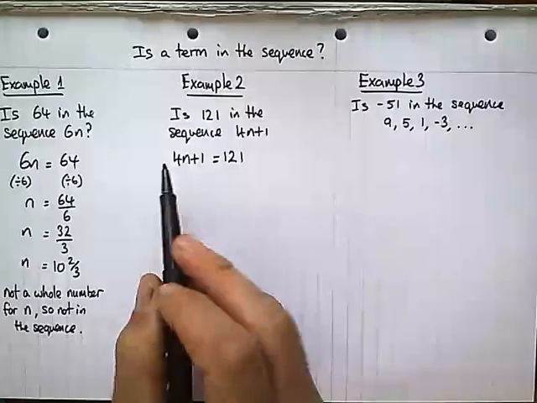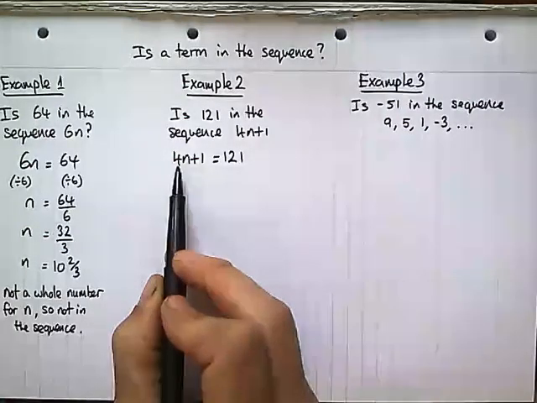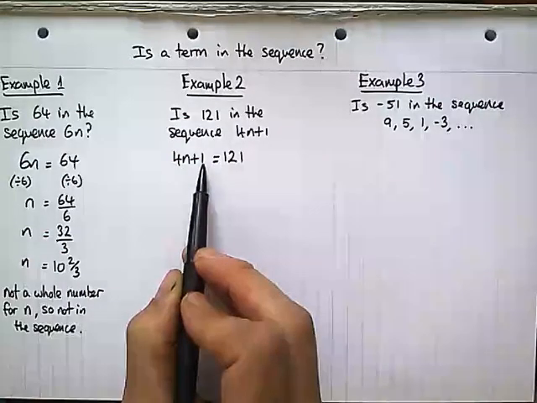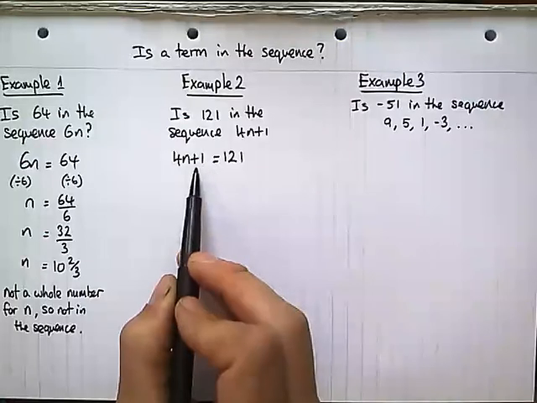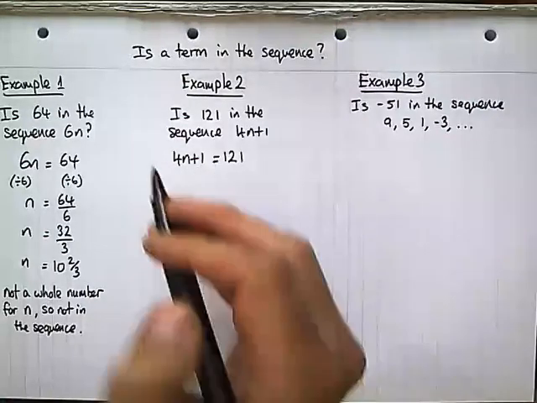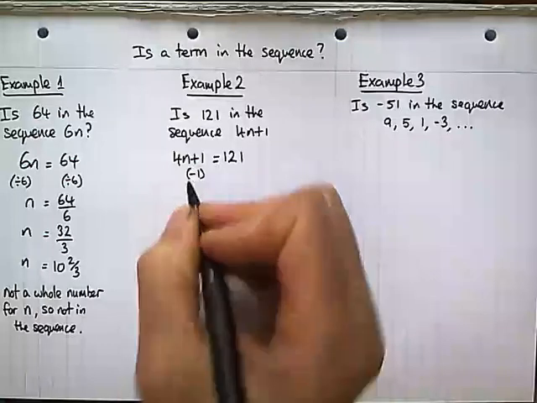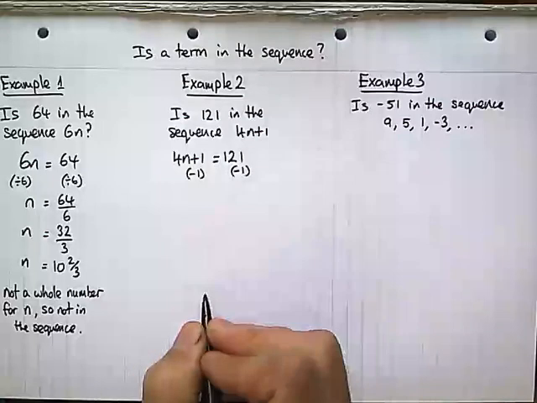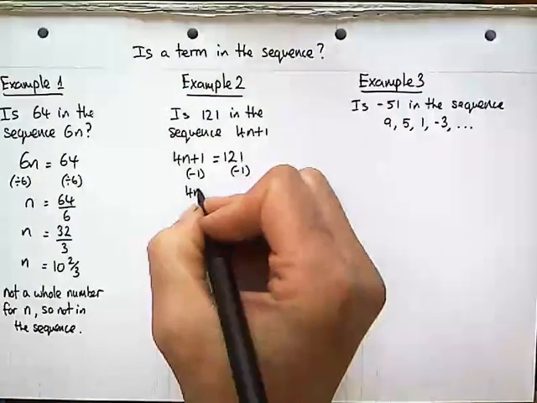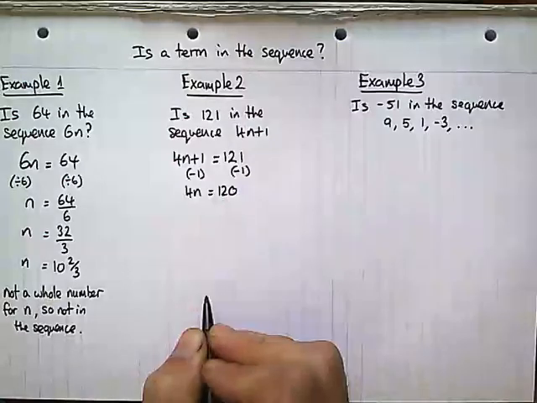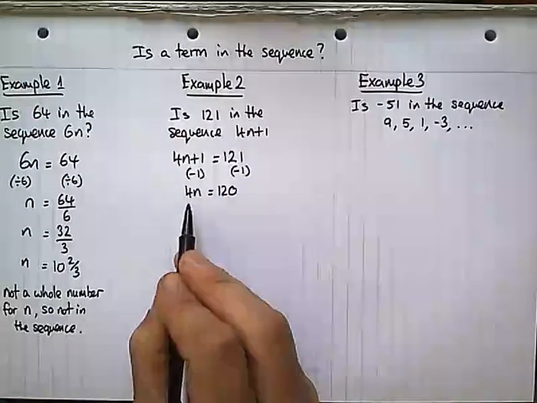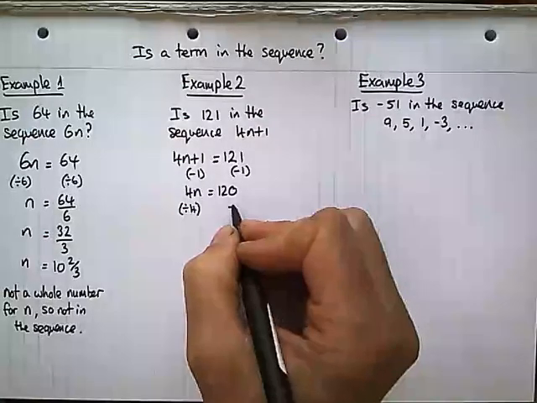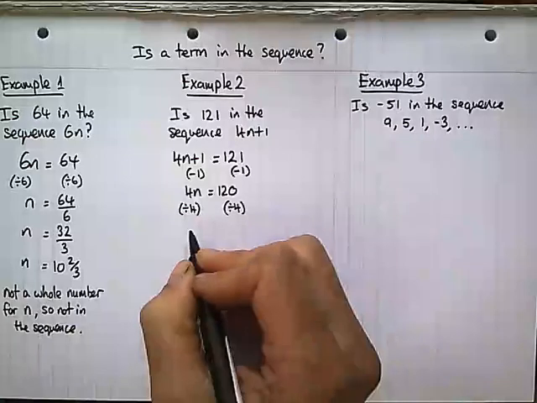And then I'm going to try and solve this. Looking at the left hand side, I've got 4 times n, then plus 1. So I need to undo this. The first thing I'll undo is the plus 1, and to do that I'll subtract 1. If I do it to the left hand side, I do it to the right hand side. So we're left with 4n equals 120. I now need to undo the 4 times bit, so I'll divide by 4 on both sides, and I get n equals